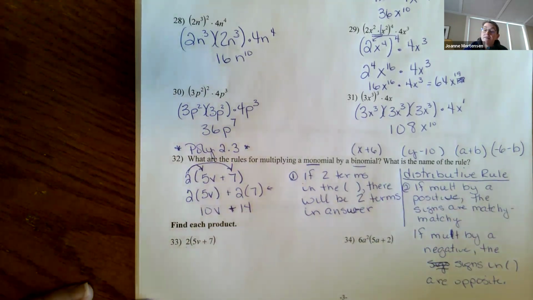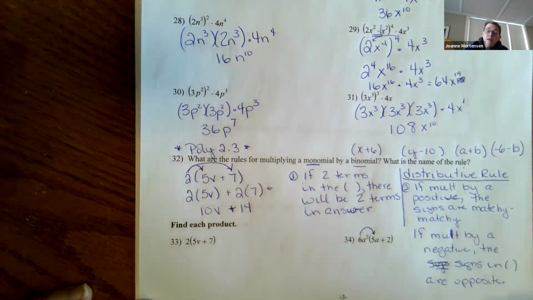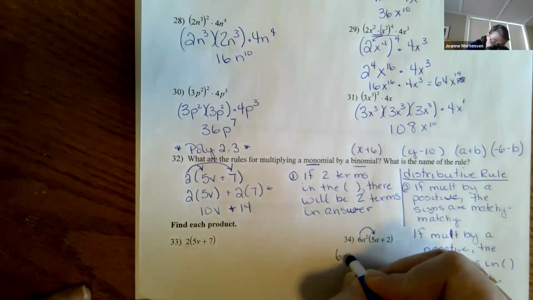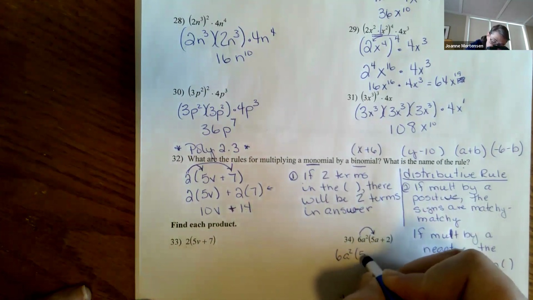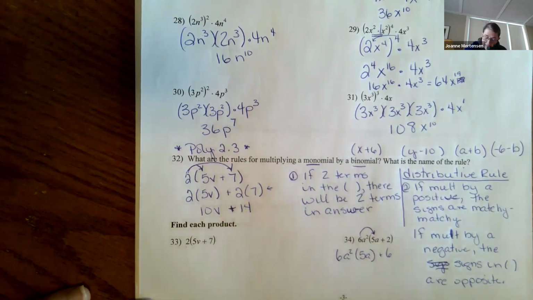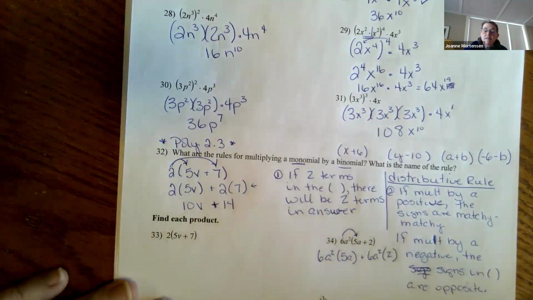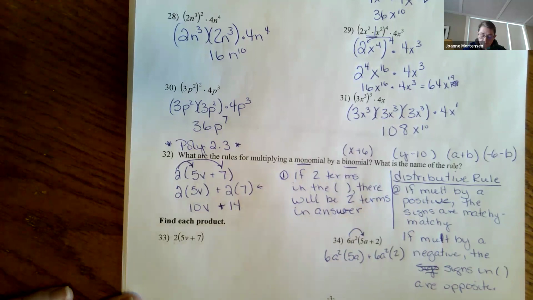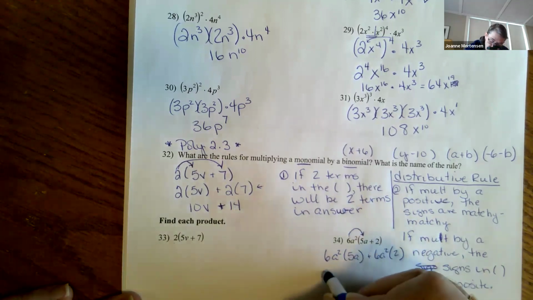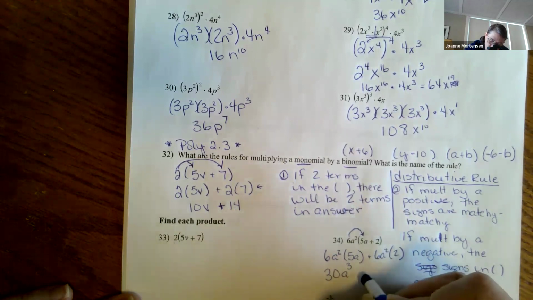Another way is thinking of this in terms of you're meeting new people. So you're meeting someone, you're a polite person, you're going to shake hands. And then there's another person standing there, and shake hands again. There you go. So 6 times 5 is 30a cubed plus 6 times 2 is 12